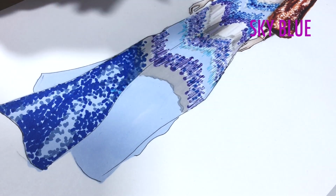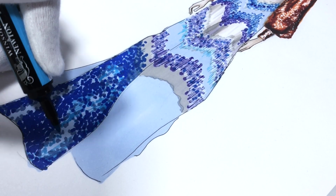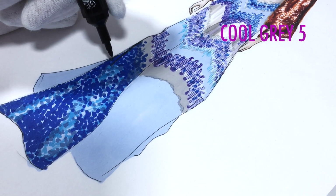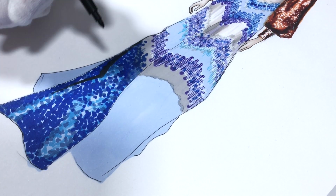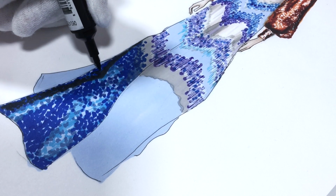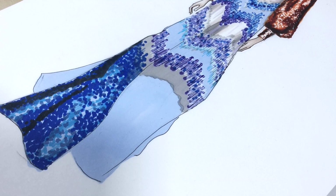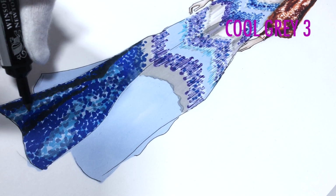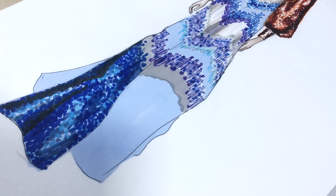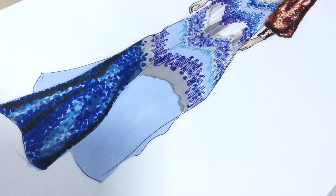Now I'm making some vertical strokes with China blue. And with Cool Gray 5, I'm adding some really deep shadows on the side of that fold. So that light area is the top of the fold, and usually sides have shadows. So I'm showing them, and just a bit here. So a bit of Cool Gray 3. Here adding more of China blue. So you can add shadows, like light shadows with the same color, and use some dark grays for really deep